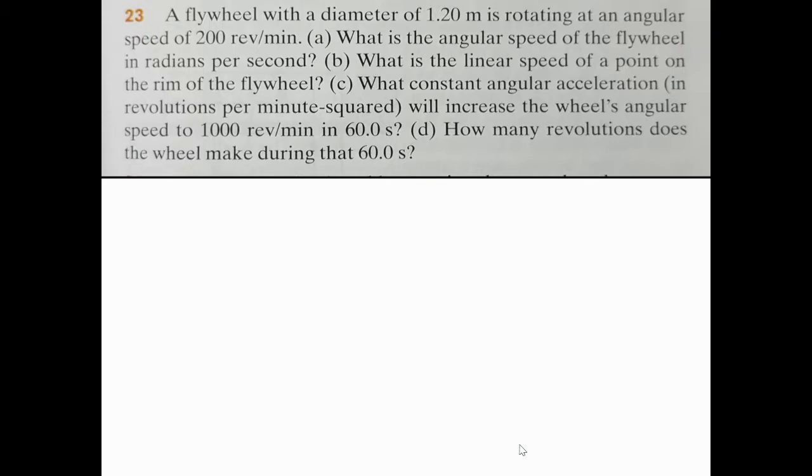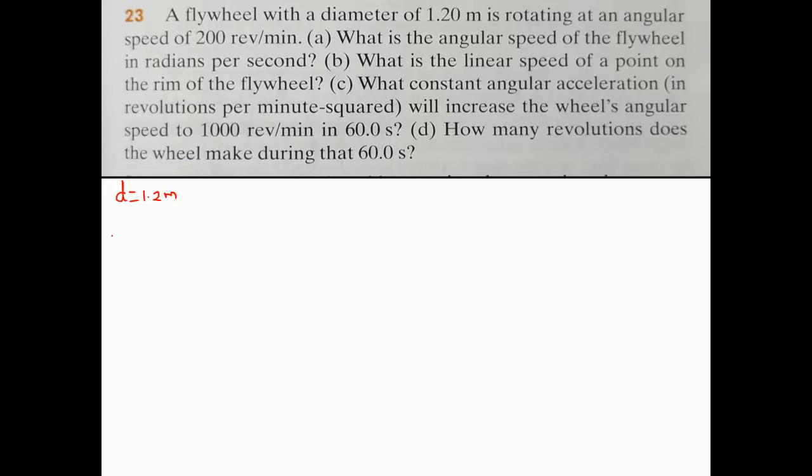So what is given in the first question? Let's read the story. The flywheel with a diameter. That means you just have a flywheel. A flywheel is nothing but a rotating wheel. So the rotating wheel's diameter is given. What is the diameter? The diameter of the rotating wheel is given as 1.2 meter, and it is moving with